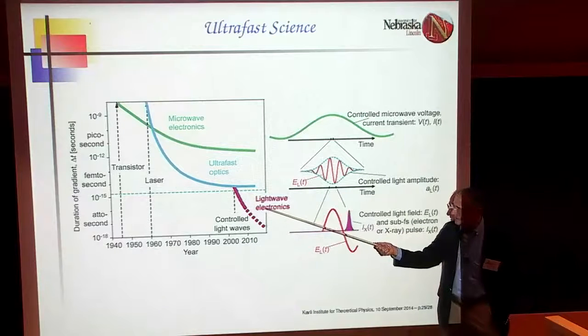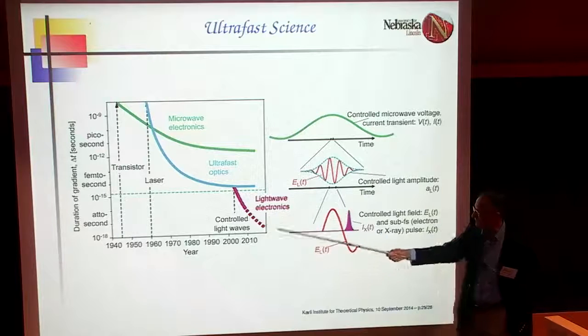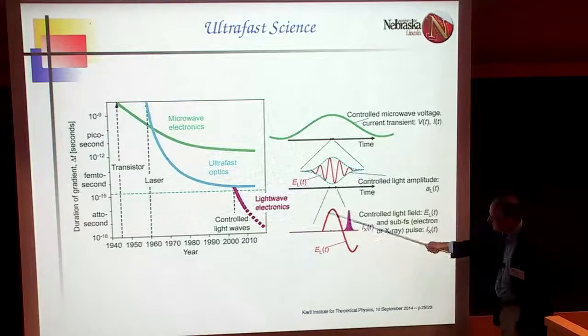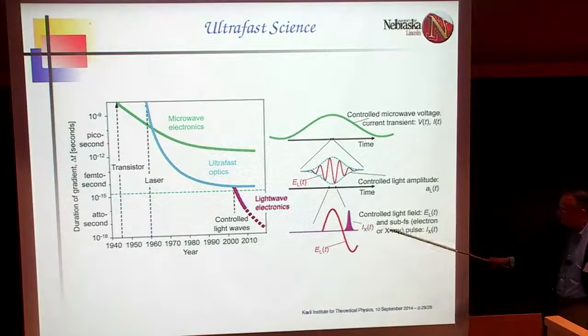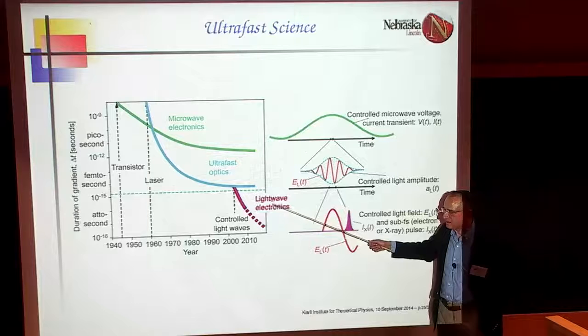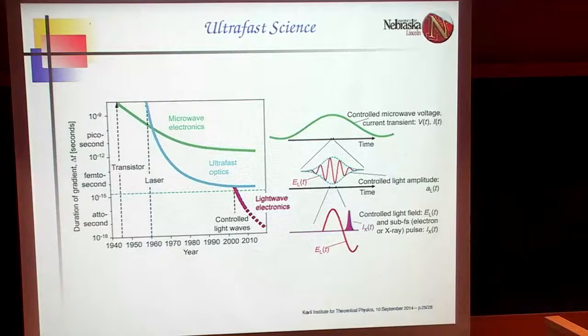Now, in attosecond physics, when you have very few cycles, the idea is to let the electric field inside an envelope control electron motion. And this is called light field electronics. And this is the new thing that's just occurred in the last few years and that will be used in the future.